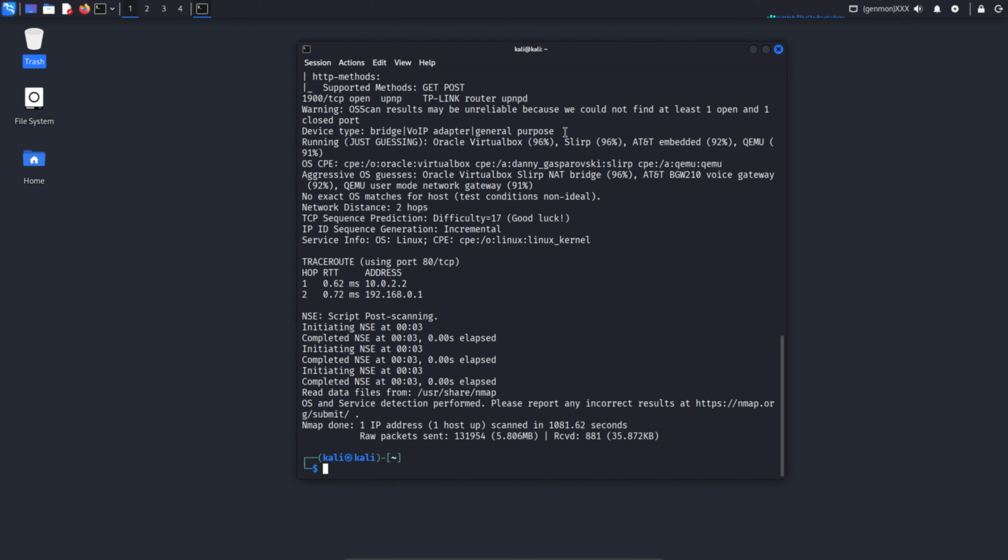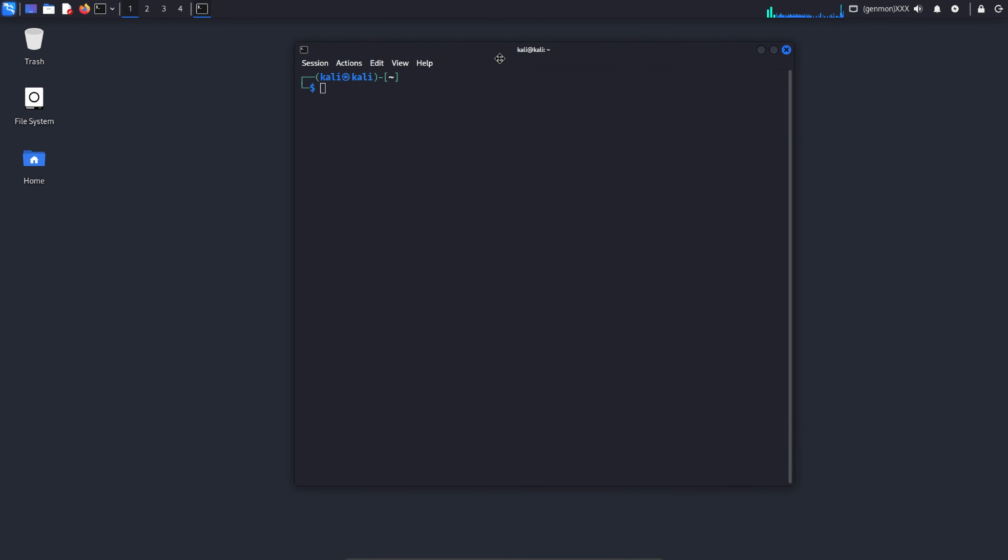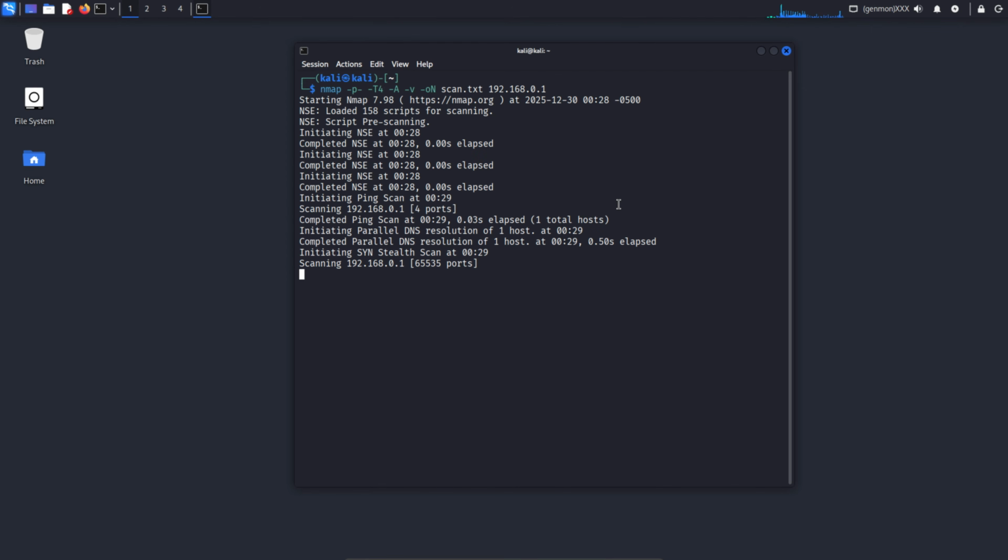Additionally, if you're using bug bounty platforms like HackerOne, Bugcrowd, or Intigriti, always check the scope first and perform testing strictly within the allowed scope. Ethical hacking means learning responsibly and testing legally. For a cleaner and more professional output, especially if you want to save the results, use this command: nmap -p- -T4 -A -v -oN scan.txt <ip>. This command saves your entire scan output into a file called scan.txt, so you can review it later or